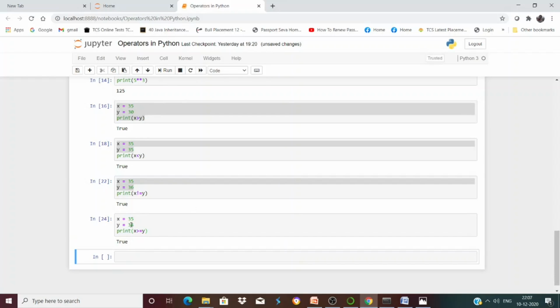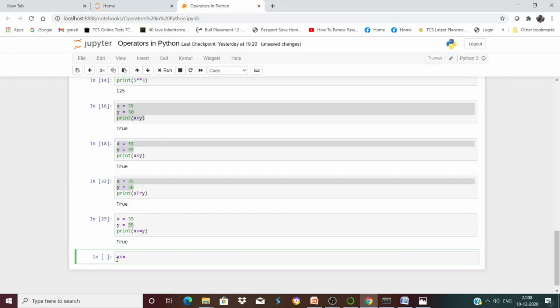Again, if we make the value of x and y equal, then also the condition gets satisfied, because now x is equal to y. So if we rerun the cell again, it again returns true. So if the left hand side operand is either greater than or equal to the right hand side operand, then it will return true. Similarly, there is another operator is less than or equal to,